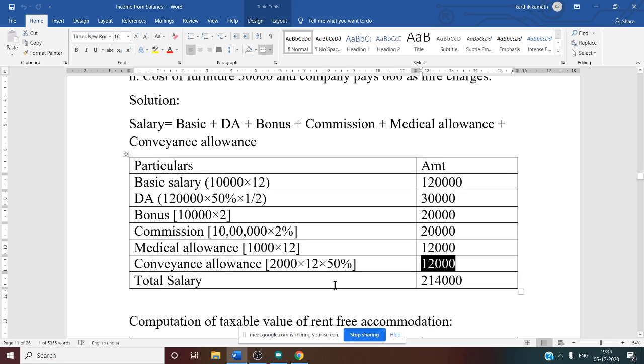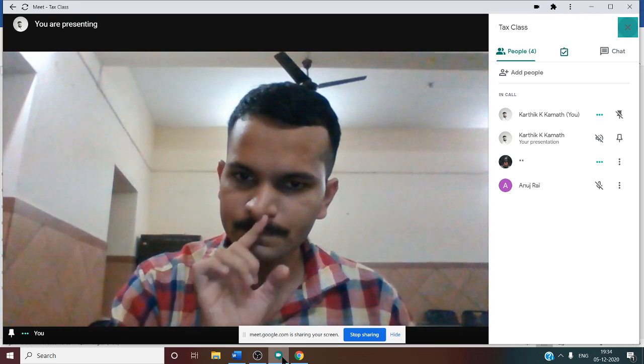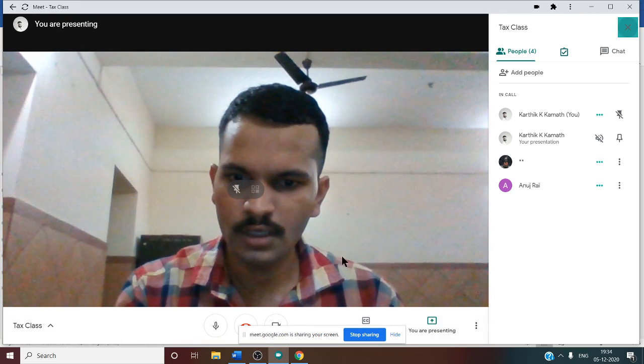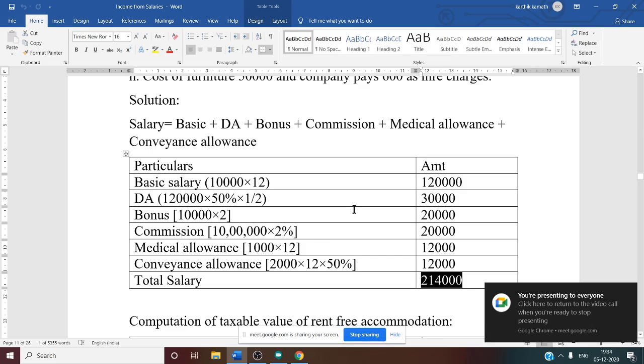So we want total salary. Total salary, how to calculate? Add all the information: basic, DA, commission, bonus, medical allowance, conveyance allowance. Now total salary is 2,14,000. So any doubt regarding this one? Total salary calculation. Understood, sir. Understood? Yes. So after knowing the total salary,